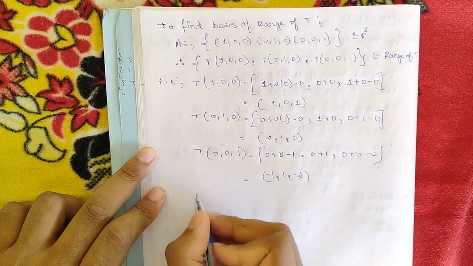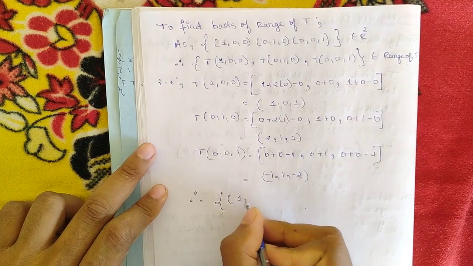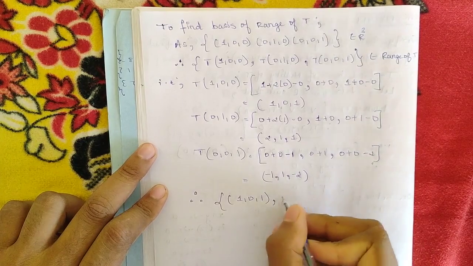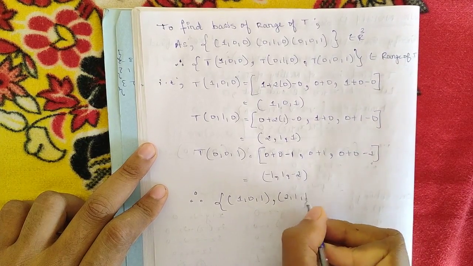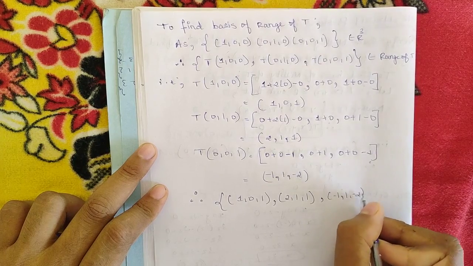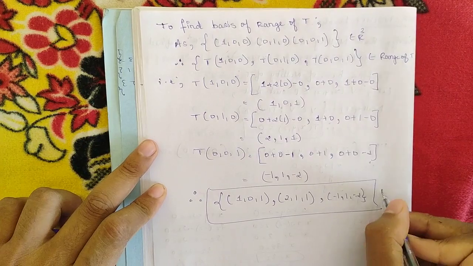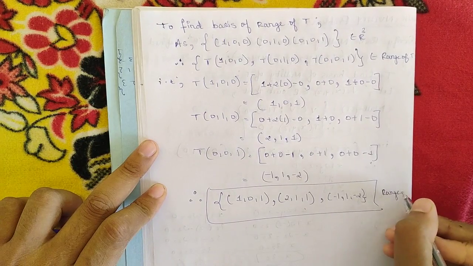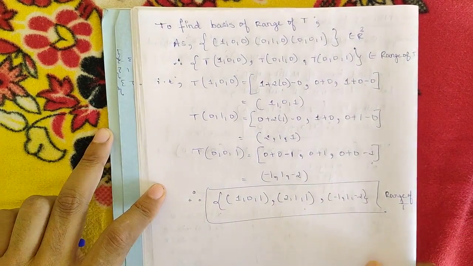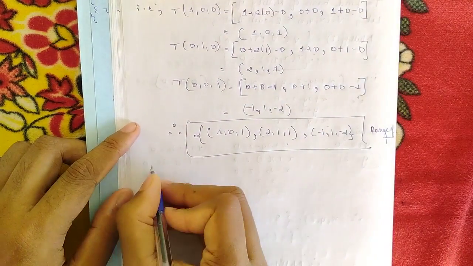Okay, so therefore we can say that the range of T is 1 0 1, comma 2 1 1, comma minus 1, 1, minus 2. Okay, so this is the range of T. Now the next step is to find the basis of